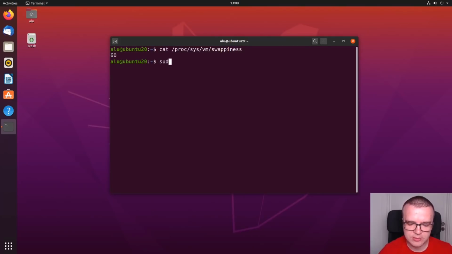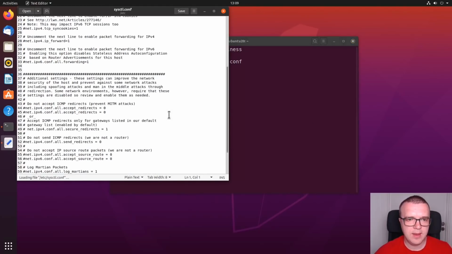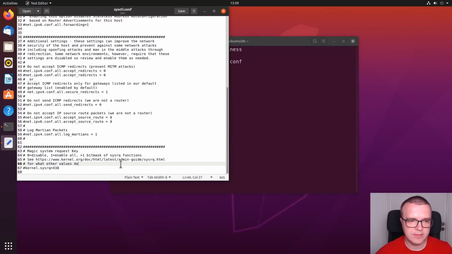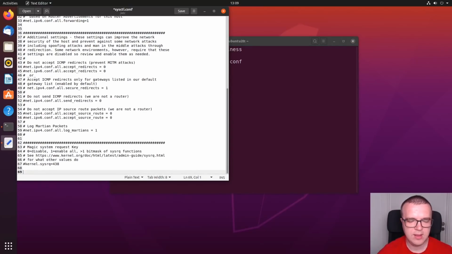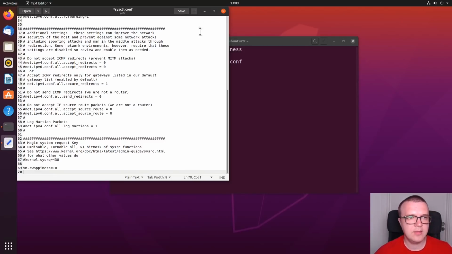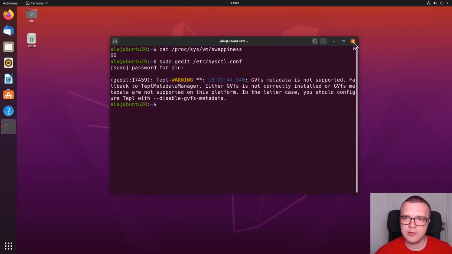For that you need to type sudo gedit and open the file /etc/sysctl.conf. Enter your password, and here you scroll down to the end of this file and type vm.swappiness=10. Then you just need to save this file. After you reboot your system,